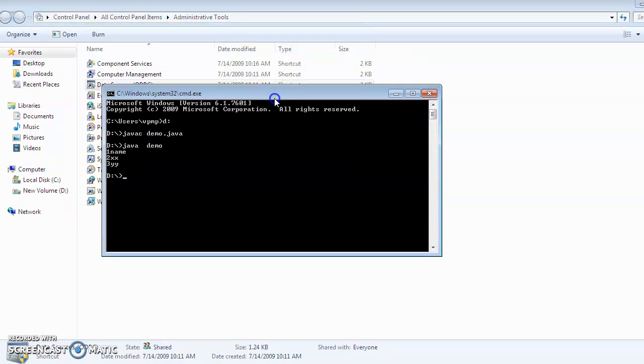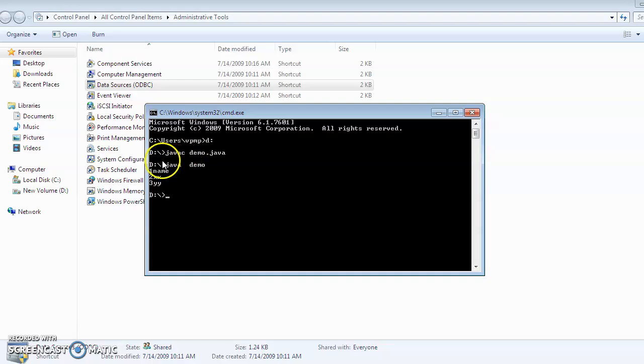You can see here the output also. What I have done: javac demo.java. You can see the name of the file is demo.java. So I have compiled this. Now I need to run this.